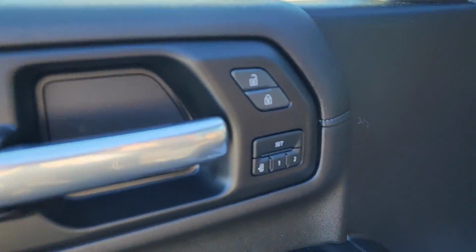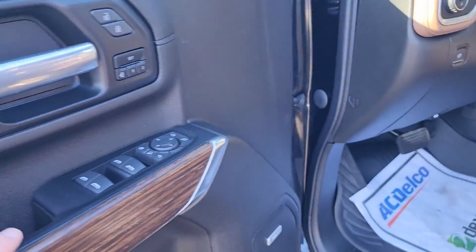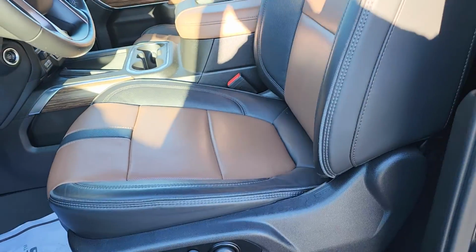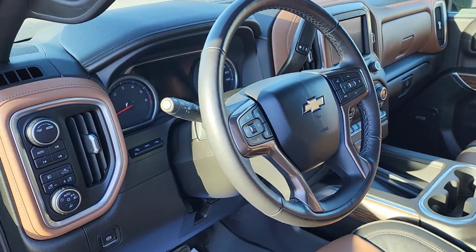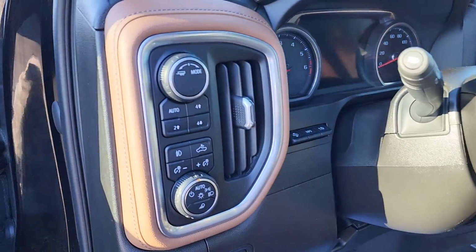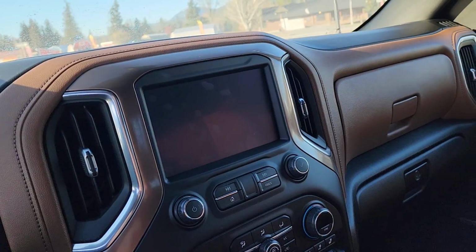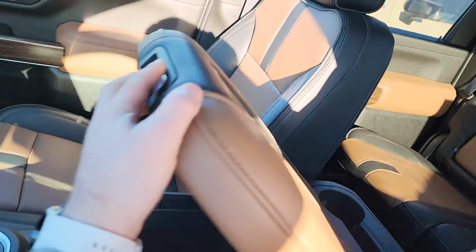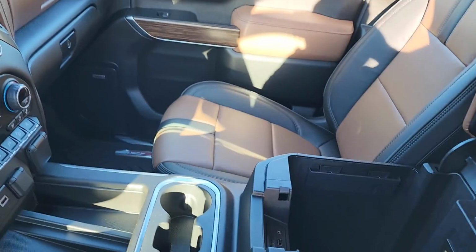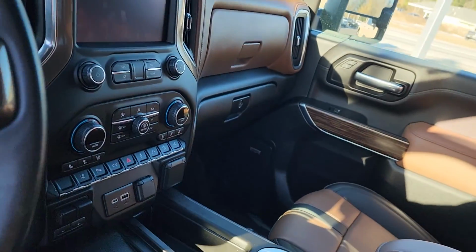Inside of the door panel, we've got memory seating, we've got power heated mirrors, we got perforated leather, heated, cooled, 10-way power seats, we got adaptive cruise, we got a heads-up display, parking assist, lane assist, all kinds of great features in here. Wireless phone charging, integrated trailer brake,